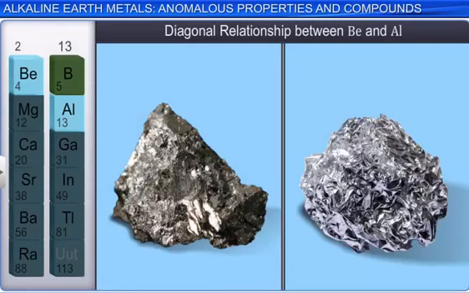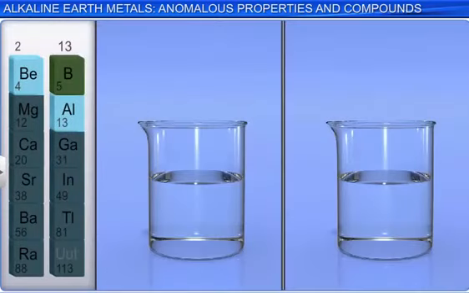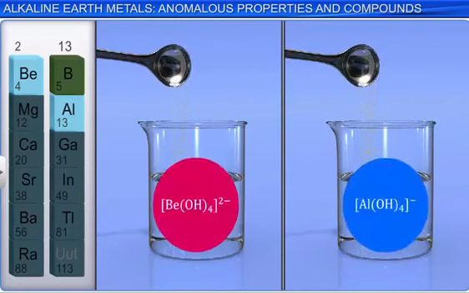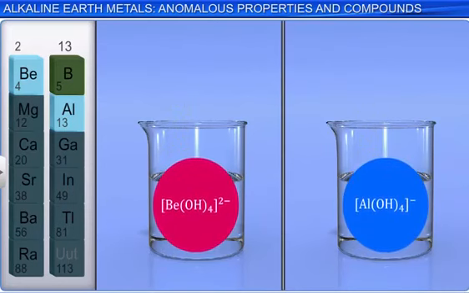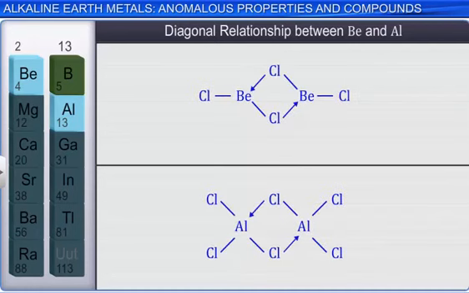The hydroxides of both the metals dissolve in solutions of excess hydroxide to form complex ions. In the vapor phase, both beryllium chloride and aluminium chloride form chloride-bridged structures. Both the chlorides are soluble in organic solvents, reflecting their essentially covalent character. Both the chlorides are strong Lewis acids, acting as electron pair acceptors in chemical reactions,